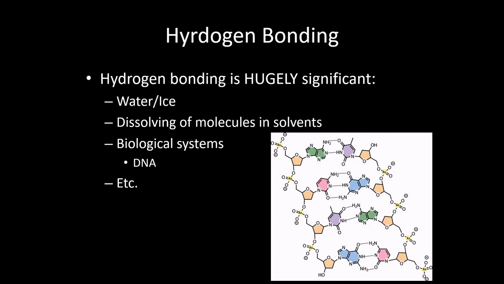The interactions between the base pairs in your gene code are actually hydrogen bonds. For the most part anyway, some of them aren't 100% hydrogen bonds on both sides, but it is, for the most part, hydrogen bonding here that holds those base pairs together, and that interaction is just strong enough to hold the DNA together, keep it